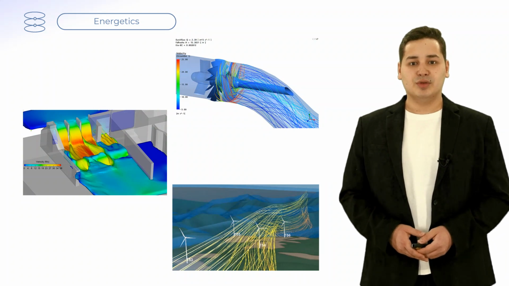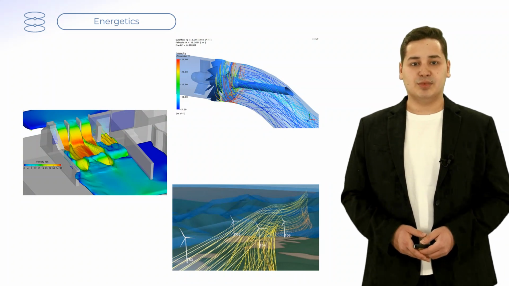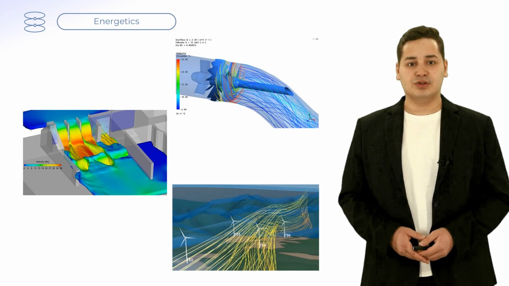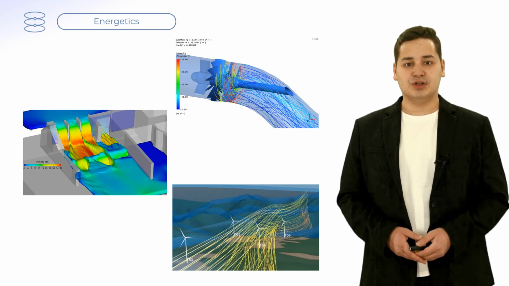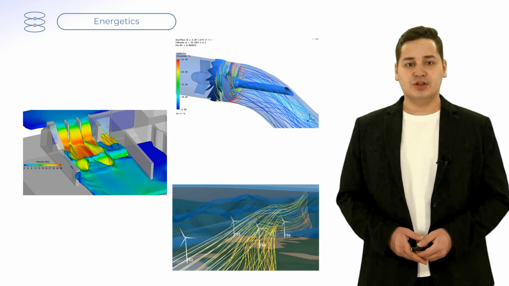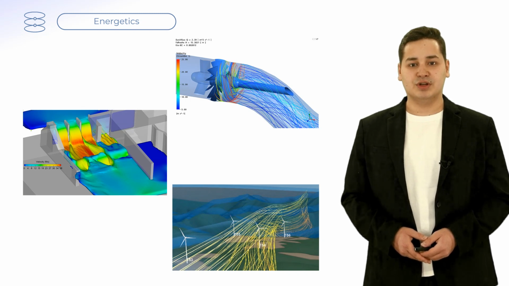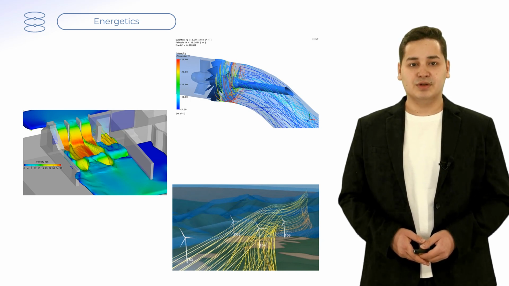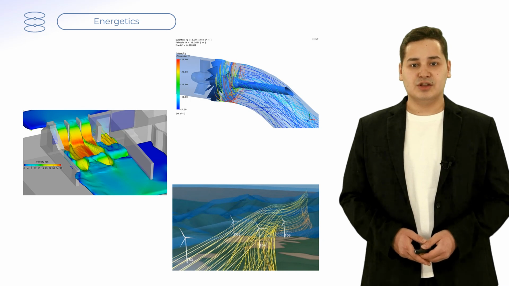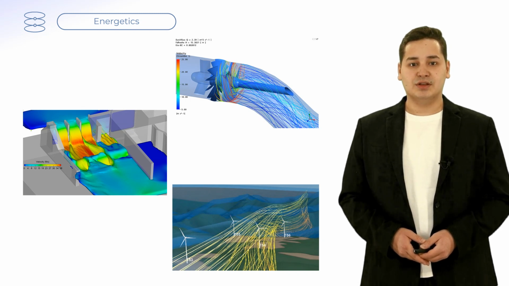In energetics, one prominent application of hydrodynamics is hydropower generation. Hydropower utilizes the kinetic energy of flowing water to generate electricity. The design of water turbines, which convert the energy of moving water into mechanical energy, relies heavily on hydrodynamics. The shape and orientation of turbine blades are carefully engineered to maximize the extraction of energy from the flowing water while minimizing losses due to turbulence and drag. Understanding the fluid dynamics in the vicinity of the turbine is essential for optimizing its performance and increasing the efficiency